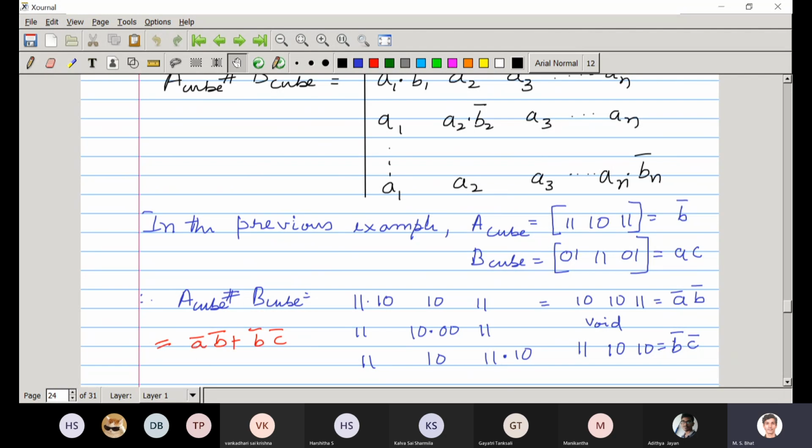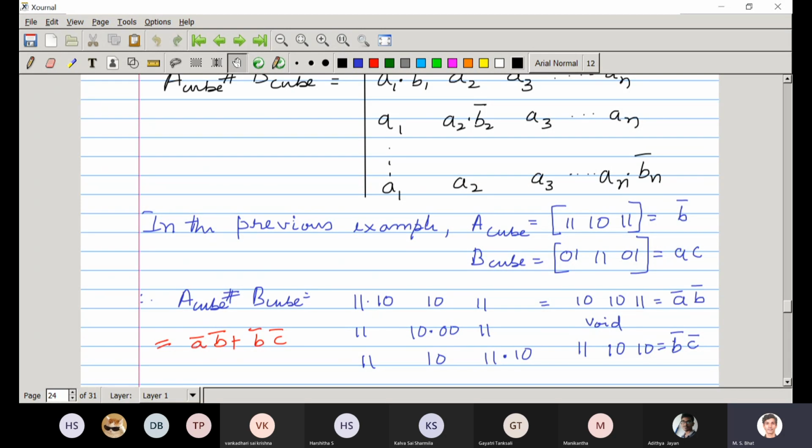So this is what you get. If I calculate what all these three rows mean, you have 1 1 1 and 1 0, that is actually 1 0 here. Then next you have 1 0, then 1 1. So these two together give you A bar B bar. The middle row is void. The third row is 1 1 1 0 1 0, that is B bar C bar.